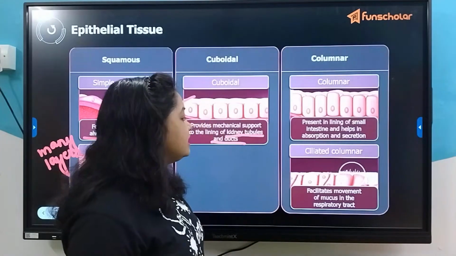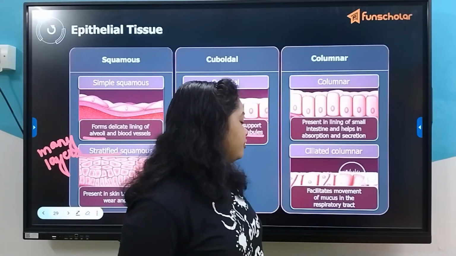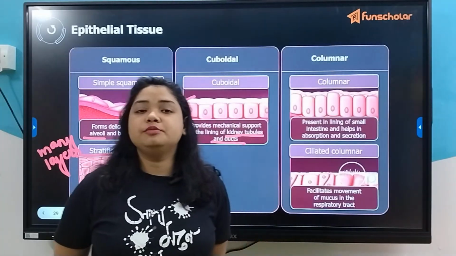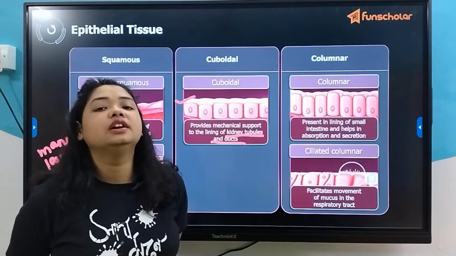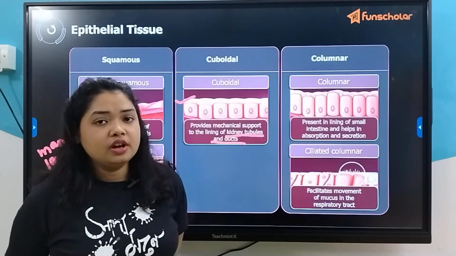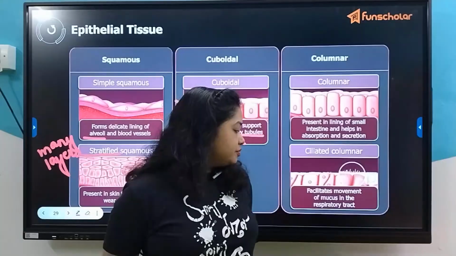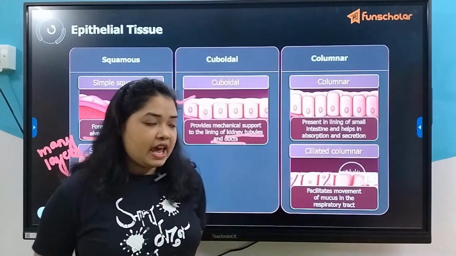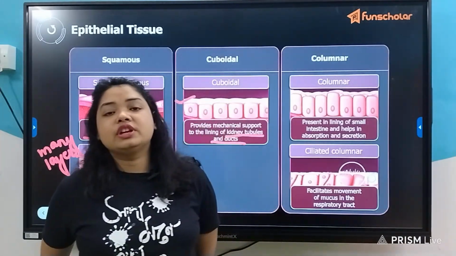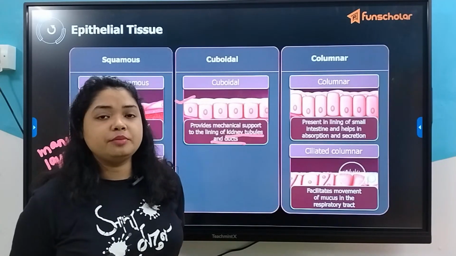Next, we also have the ciliated columnar epithelium, which helps in the movement of mucus, for example in the respiratory tract. Now why is this mucus required? Because mucus traps the germs as well as the impurities and dust particles which enter our nasal cavity from the outside environment. Now the mucus is produced, and this traps all these harmful substances, and the movement of this mucus outside through the nostrils helps to keep the respiratory tract clean for the proper functioning, and also keeps it protected